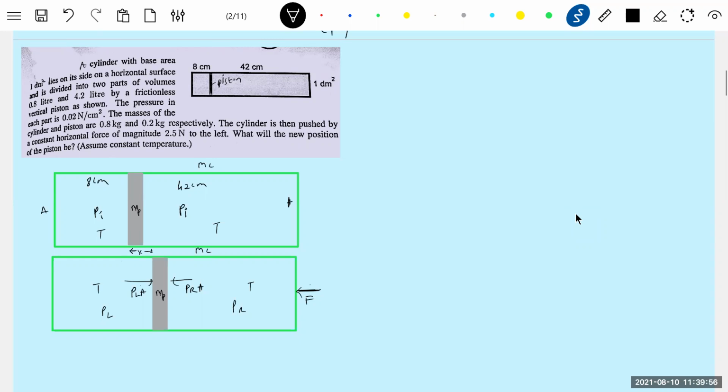Now what is the total mass of the system? The piston will accelerate and the container also will accelerate. Acceleration of system equals F by mp plus mc. We know this acceleration, we know the force, the masses of piston and container, everything. Then let's come to the piston; that was for the system. On the piston, PR A minus PL A equals mass of the piston into a. Substitute the value of a there. PR minus PL equals mp F by